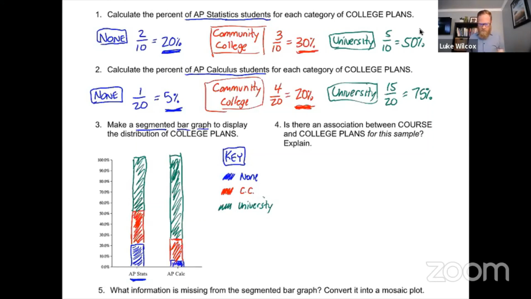All right, that leads us to number 4. Is there an association between course and college plans for this sample? Explain. So when we're asking if there's an association, another way of putting that is to say, if we were to know one of the variables